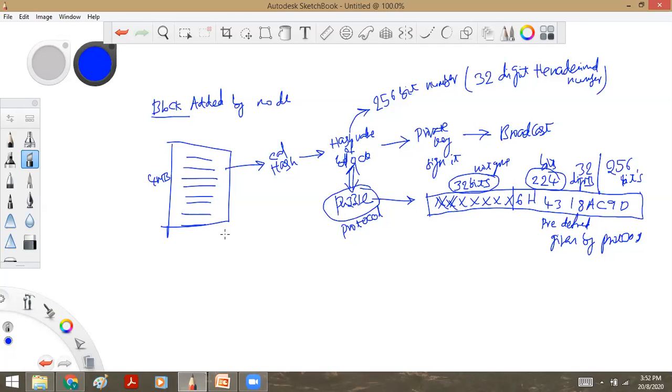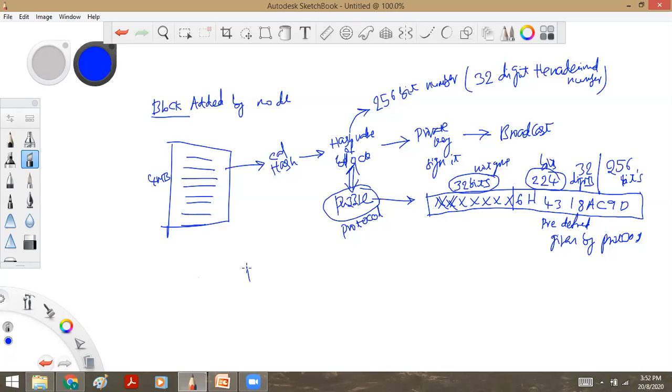Now someone in the group, a day or two back, asked: if the computation power of a node is high, does it mean the high performance computer will solve the puzzle all the time? No, because even though the puzzle is the same, the pool of transactions of each node will be different. This is a very thin line you need to understand.